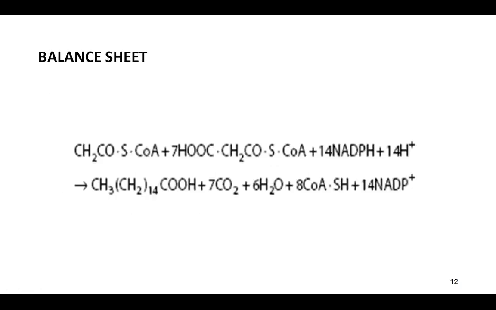Okay, this balance sheet, if suppose in exam, I don't know whether this comes or not, it's a little complex, but if fatty acid synthesis comes, you have to draw the flow chart of the pathway. No need to draw the structures, write names of the substrates, products and enzymes, and at the end you have to write the balance sheet. You don't have to write it in this form. You can write acetyl coenzyme A plus 7 malonyl coenzyme A plus 14 NADPH. This also is not compulsory. Then you can write palmitic acid plus 7 carbon dioxide plus 6 water plus coenzyme A plus NADP.